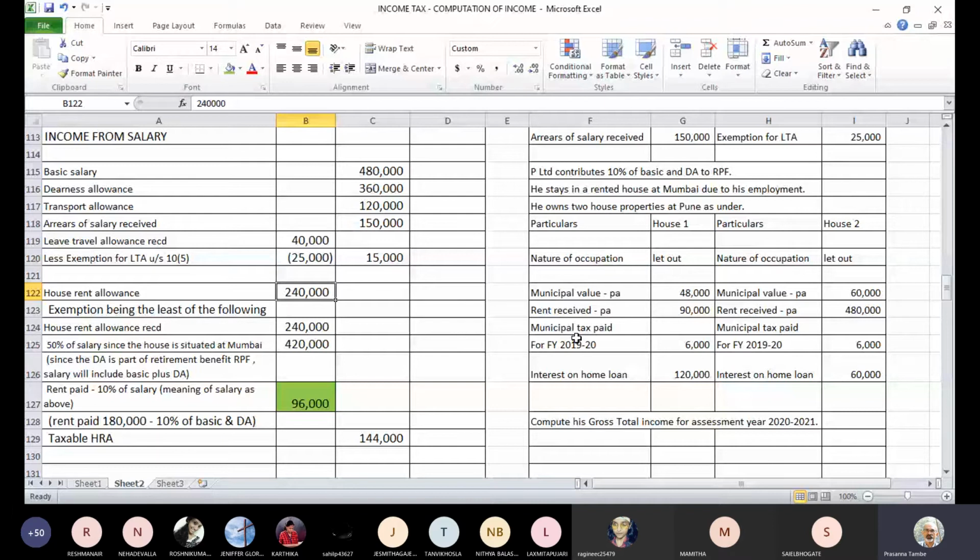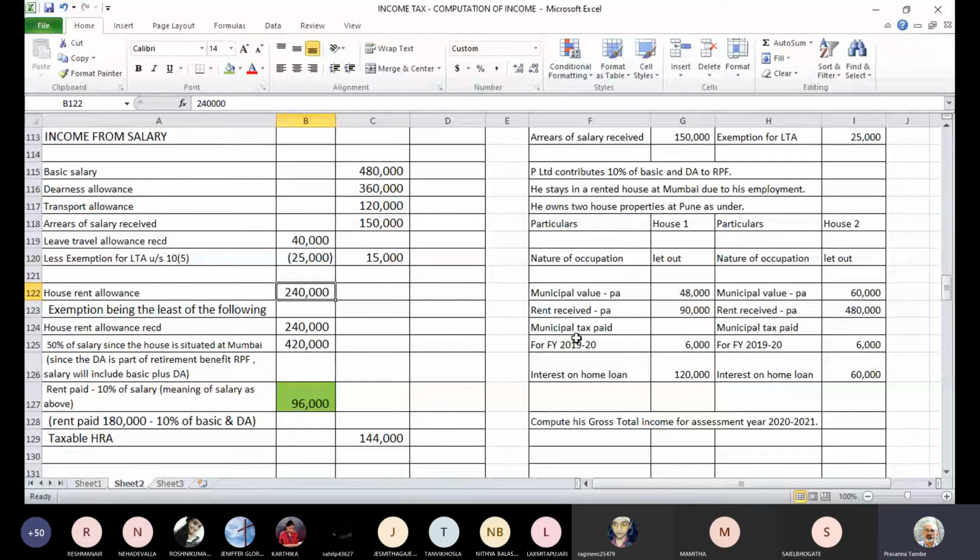So the next question is, what do you mean by salary? The clarification in this regard is that salary includes basic salary. It includes dearness allowance if dearness allowance is also considered for retirement benefits, and it includes commission paid to the employee as a fixed percentage of turnover achieved by him. That is also included within the meaning of salary.